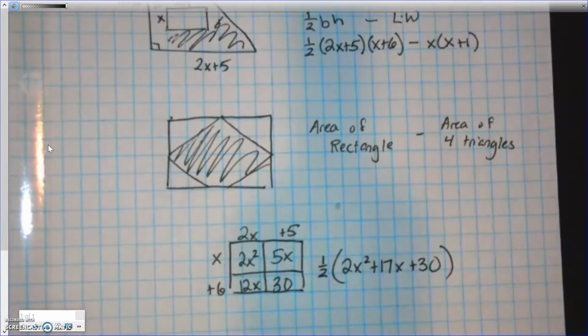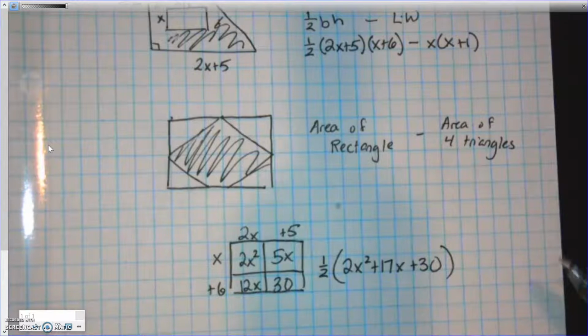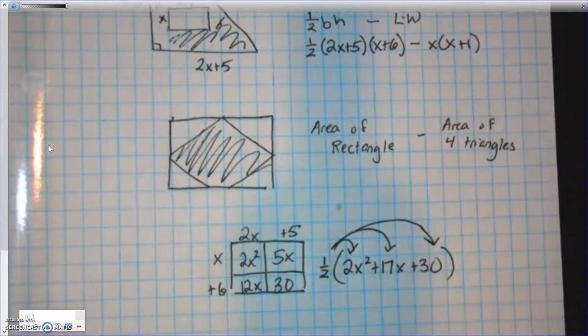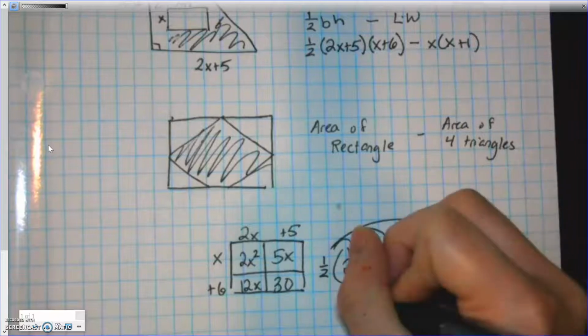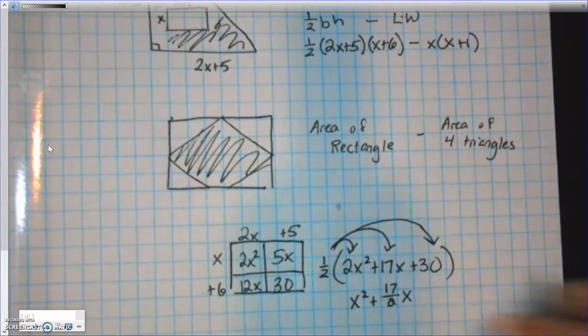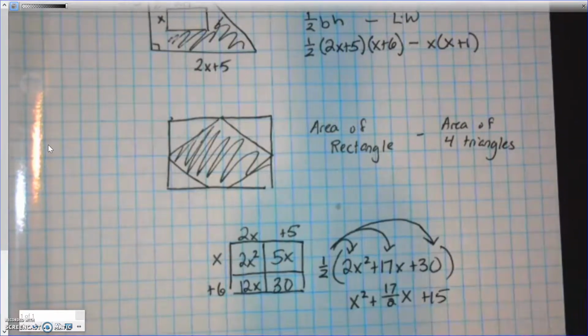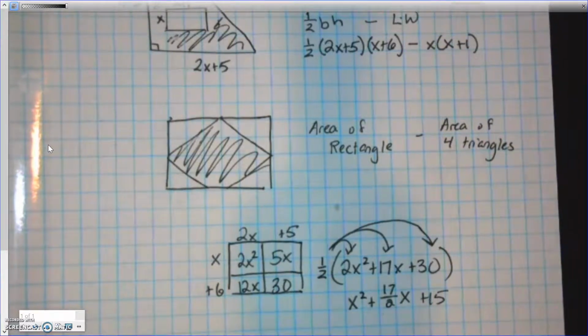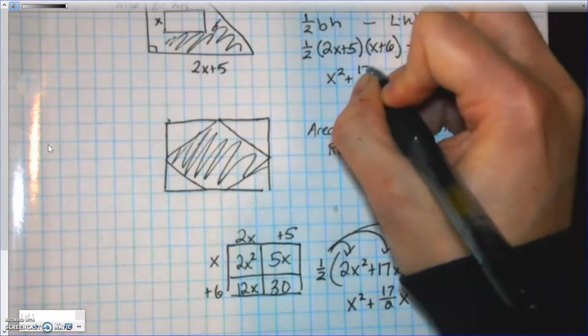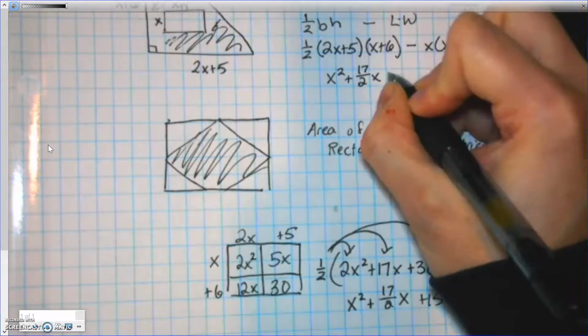And then I have to do the 1/2 because I still have that 1/2 there. So I'm going to distribute that to every term. And when I distribute that to every term, I'm going to get x squared plus 17 over 2 x plus 15. And yeah, this isn't perfect. Like, this isn't the prettiest answer, but that's okay. So now I can write x squared plus 17 over 2 x plus 15